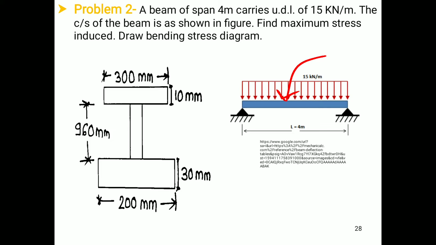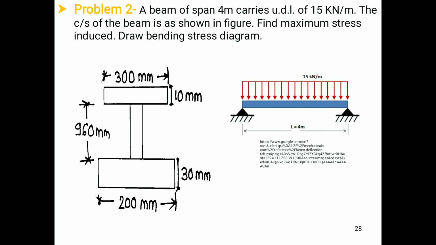Now the cross section of this particular beam, if I take the cross section of this beam, this cross section is an I shape. This is the I shape which is unsymmetrical about x axis because this particular dimension is 200 mm whereas this particular dimension is 300 mm and it is known as flanges. This particular part is known as flanges and this particular part is the web. Therefore, the dimension of one flange is 300 mm whereas the dimension of second flange is 200 mm. As the dimensions are different, therefore it is not symmetrical about x axis.